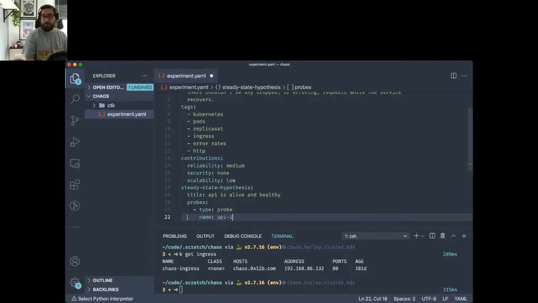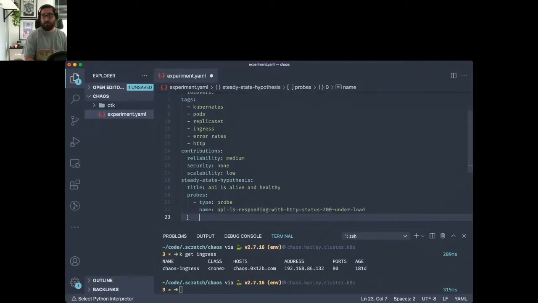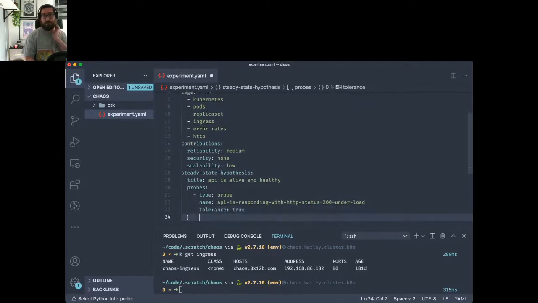And we'll call it API is responding with HTTP status 200 under load. And we'll set the tolerance to true, as in we only tolerate that this assumption is true during the test. For other kinds of probes, there might be other types of tolerances that you can set, but in this case, we're going to go with just true, that we expect it to stay within the bounds.